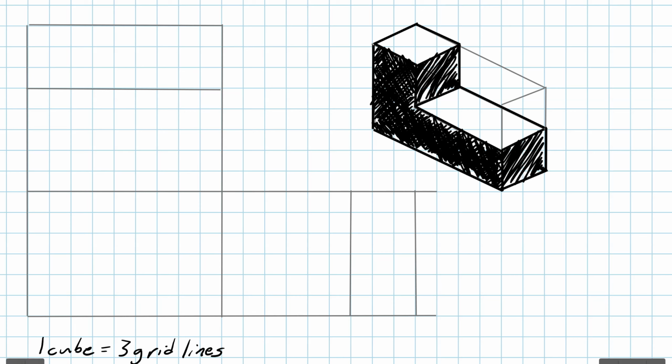So I'm going to start on the front view, and I'm going to draw these two lines. But I'm going to extend my construction lines to the top view. So that'll look like this. I know it's going to be located here. So here's that part of my L shape, and I'm going to extend it to the top view like that. And then when I make this part of the L shape, I can extend it to the